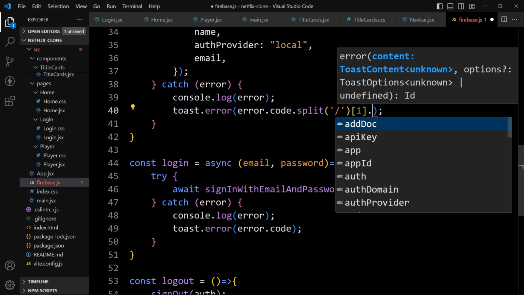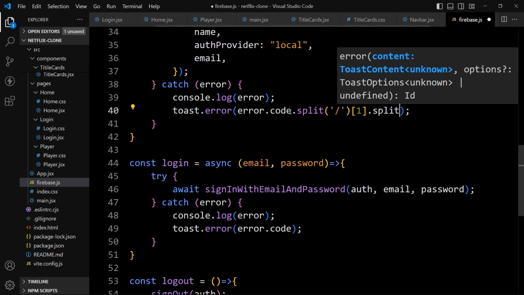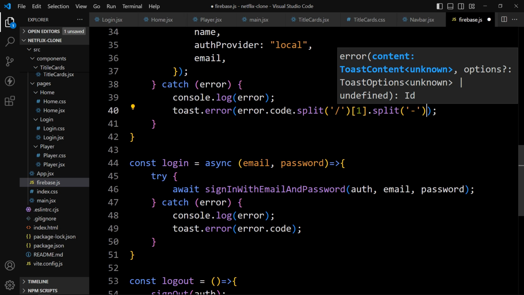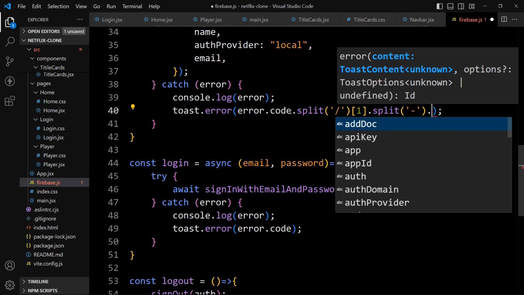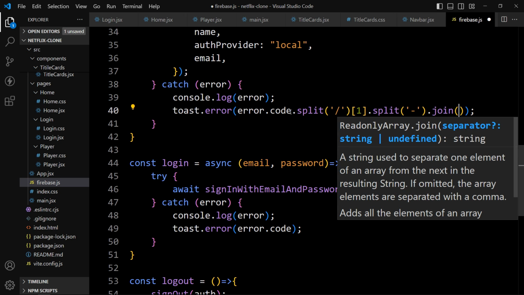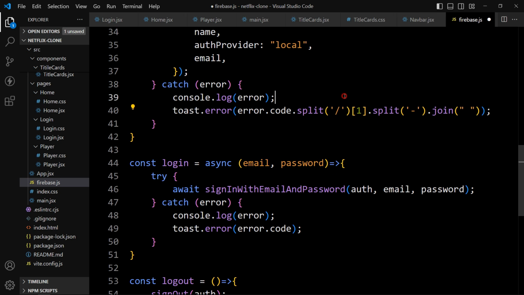So again we will add a split. It will be dash, so write this, and next we have to join it with a space, so that dash will be replaced with a space. So use join method, and here we will add space like this.